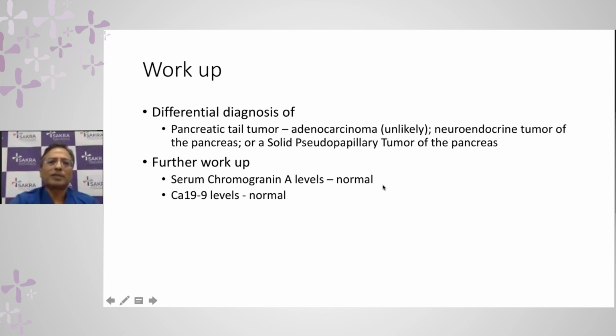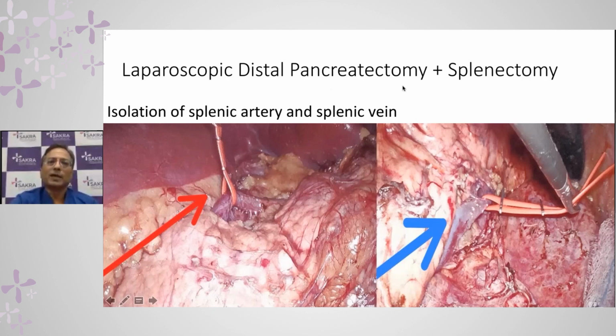So the patient was taken up for a laparoscopic distal pancreatectomy and splenectomy. We do this procedure by laparoscopy with four small incisions, one 10 millimeter, the others 5 millimeter. And now this is to orient laparoscopically. This is the liver that you are seeing. This yellowish thing is the pancreas, and this is the body of the pancreas. Head is towards this side. And this is the lesion that you can see.